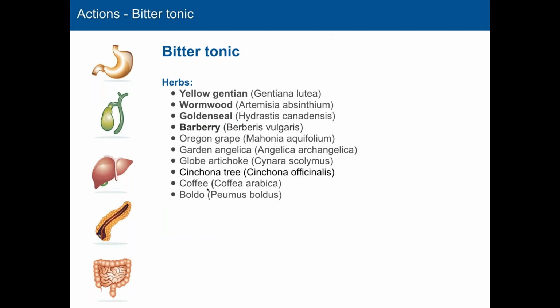So here's a list of important herbs. There are lots of herbs that you'll learn about that are bitter tonics. And like I mentioned, the list is pretty extensive because a lot of herbs have these phytochemicals in them that are bitter. So I didn't list every single one on here. I'm trying to focus on some that I think are going to be important and come up later on. But when you learn about, for example, a herb like feverfew, you learn more about it in the nervous system